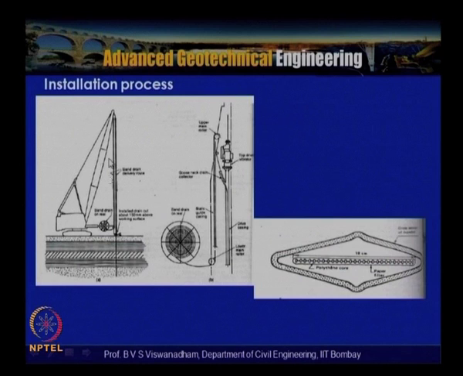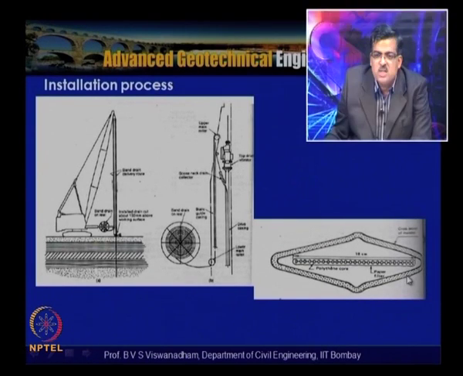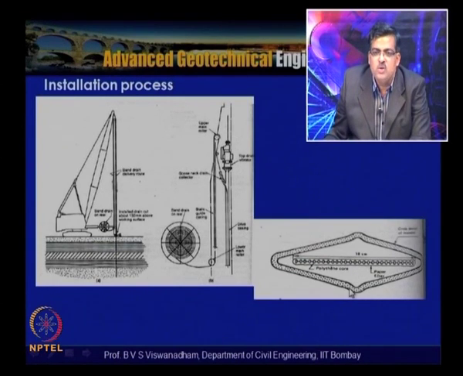So the schematic of the rig is shown here, and the roll is mounted and connected to this. Now what will happen is that the roll runs like this, and the PVD is driven into the ground. So this is the mandrel. With this, the disturbance caused by the installation, like that of the sand drain, can be reduced. The so-called smear effect can be reduced, and this is the PVD in position here. At no time is the soil in contact with the PVD; it can only come in contact with the soil while extracting the mandrel once the PVD has been placed at the desired depth.